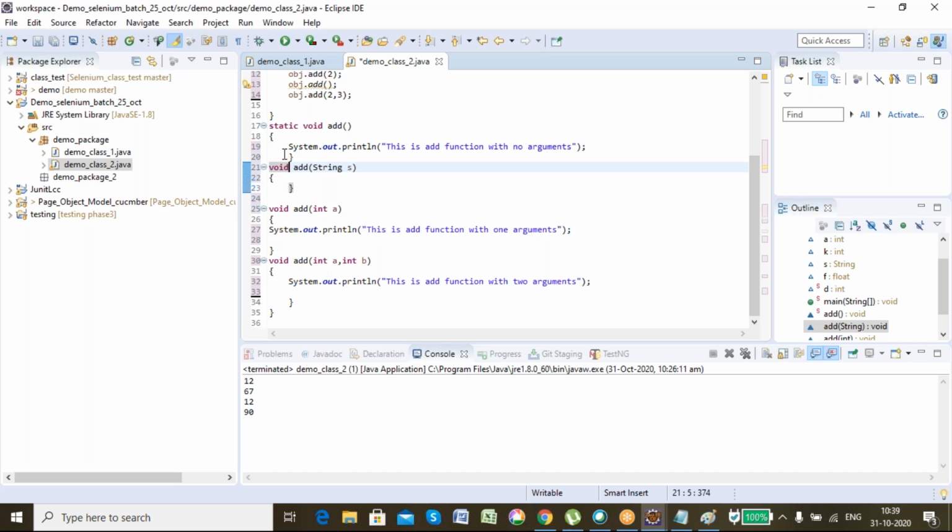So what is function overloading? Function overloading is having different functions with the same name, different in the number of arguments or the type of arguments which we are passing. If we have two functions with the same name and different return type also, it will throw me an error. Let's say, for example,